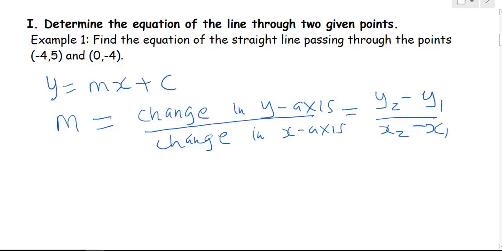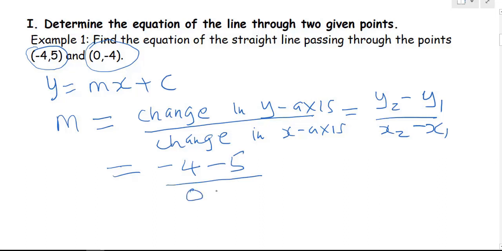For the pair of coordinates given, we are going to treat (-4, 5) as our x1 and y1, whereas (0, -4) we are going to treat as our x2 and y2. Therefore, our gradient m would be equal to -4 minus 5, divided by the change in x, that is 0 minus -4, and that will give us -9